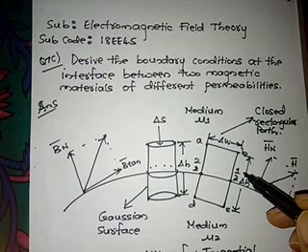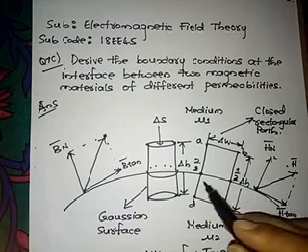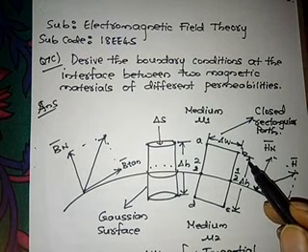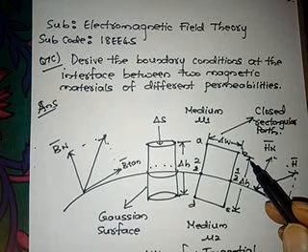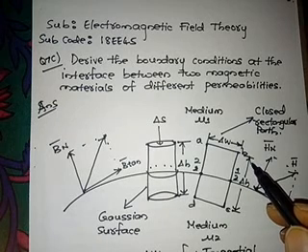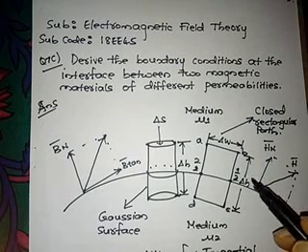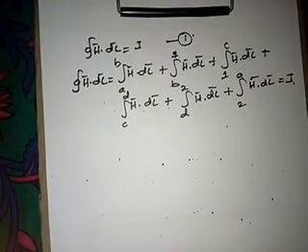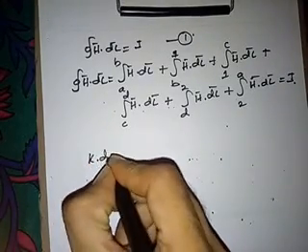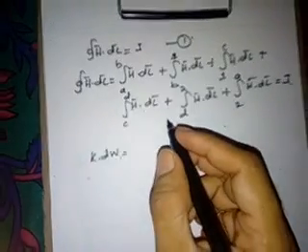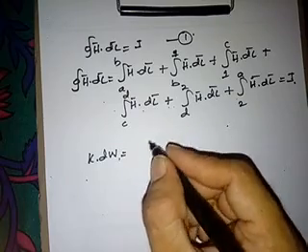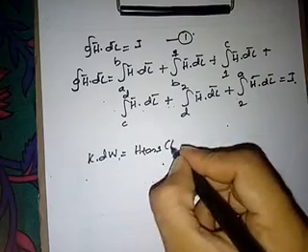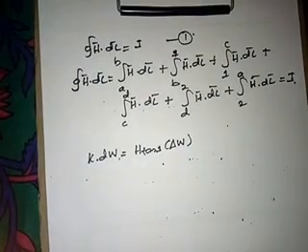Here we are assuming that K bar is the surface current normal to the path. So K bar is a surface current normal to the path here, right? Then the normal and tangential components in medium 1 and medium 2 are in opposite directions. Okay. So here the equation will be K dot dw. What is K here? K bar is a surface current normal to the path. So K dot dw is equal to H tan 1 delta w.